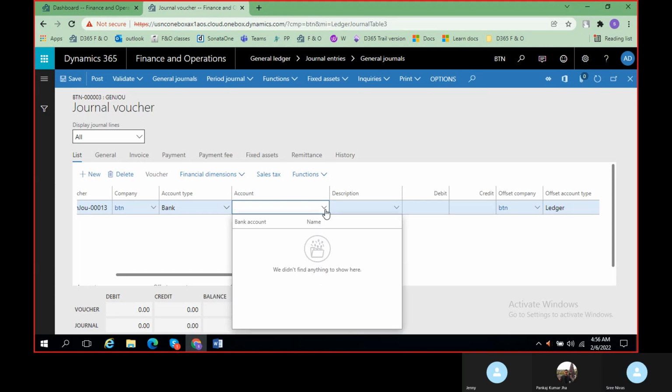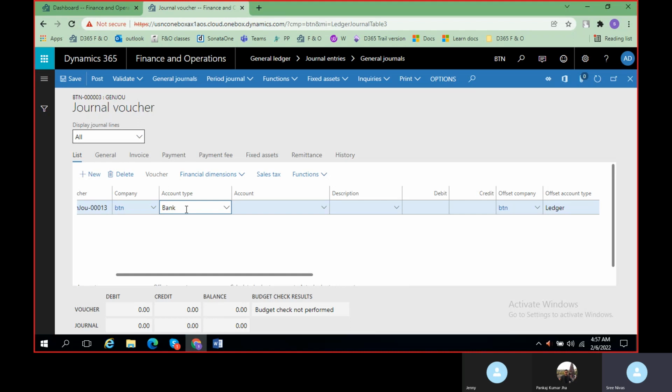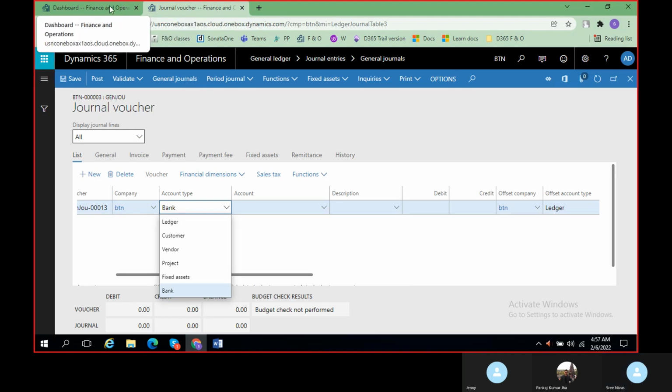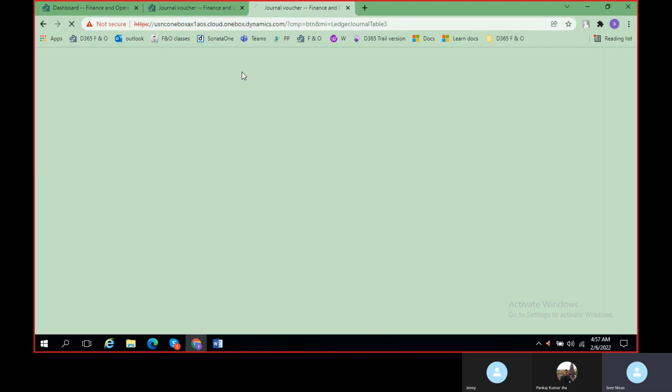I think we didn't create the account. If you want to select account type as bank, then you have to create a new bank account under cash and bank management. We haven't done that, so we didn't create any specific bank. We just created one main account. So are you getting the difference? I'll show you, for example, if you want to select that bank,